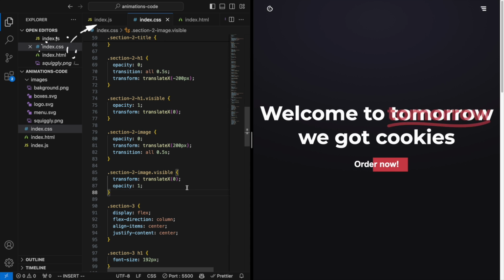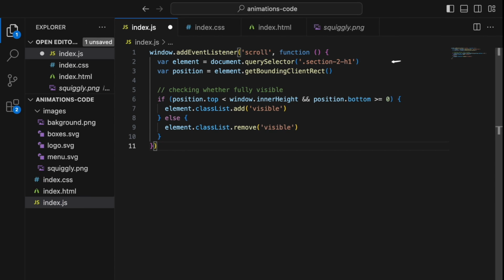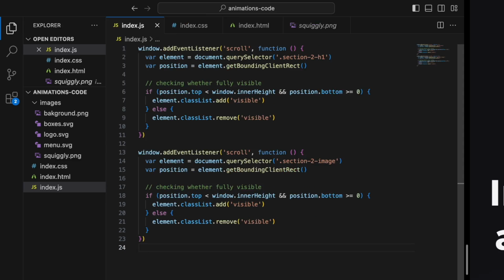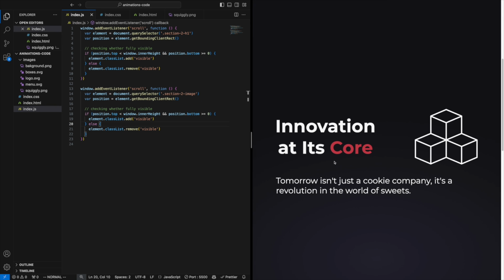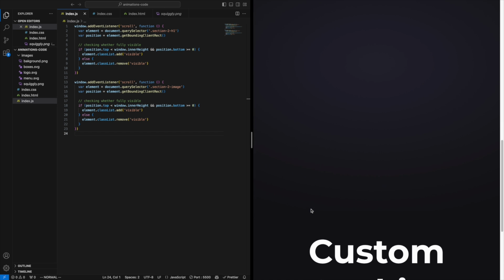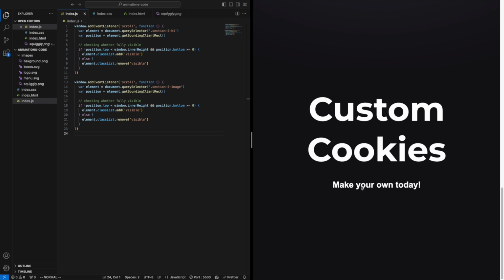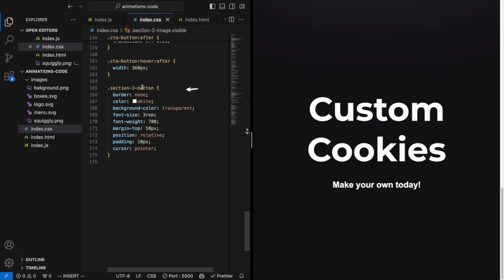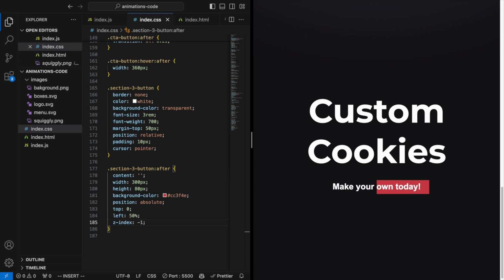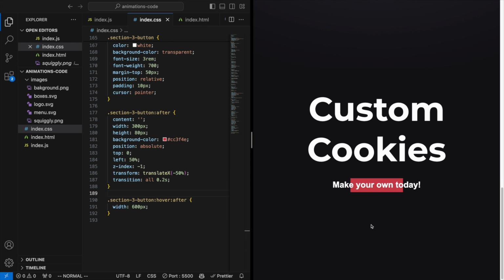Hop over to the JavaScript and add one script for each of the classes that we've just tweaked. Save it and lovely. If we scroll down to the bottom, we see another button we need to take care of. But now we know the process quite well, right? Find the class, add a pseudo after class that creates a red box, make it wider on hover, save it,